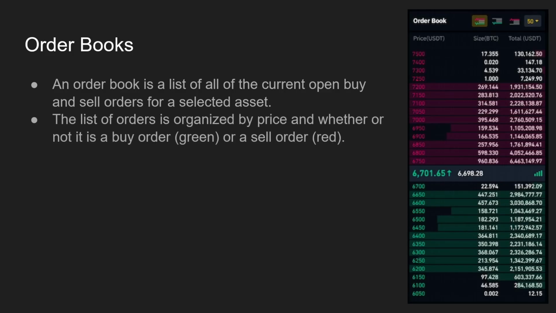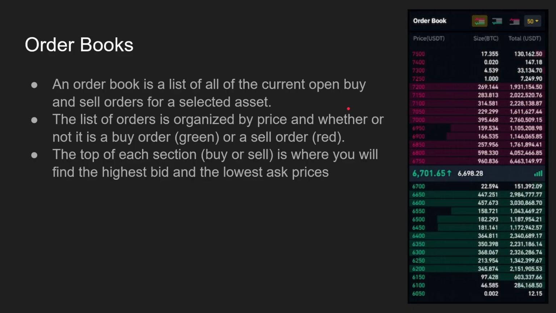The list of orders is organized by price and whether it is a buy order, which we'll typically see in green, or a sell order, which we'll typically see in red. Typically, the buys are on the bottom, indicating lower prices. People have their buys at low prices, and people have their sells at higher prices on top. The top section of each section, buy or sell, is where you will find the highest bid and the lowest